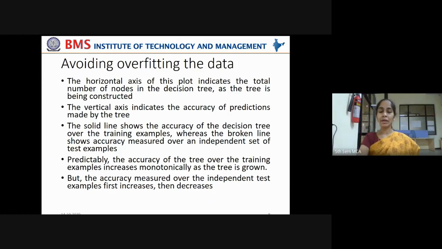But the accuracy measured over the independent test examples, these hidden examples which are not shown to the model, where we ask the model to predict the outcome label of this unseen data, started coming down. First, it increased up to some extent. After that, the model couldn't generalize well. It couldn't predict well. The accuracy is dropping down.